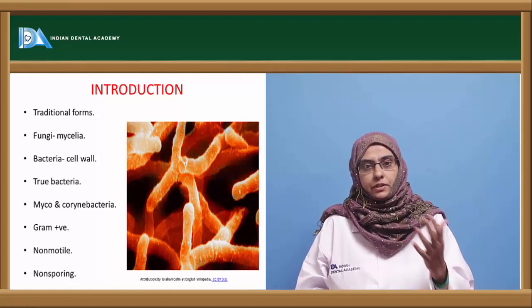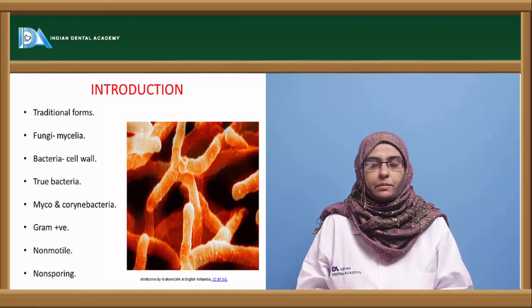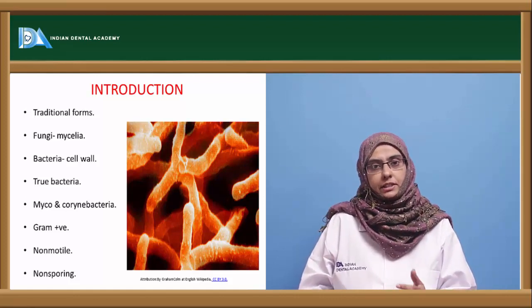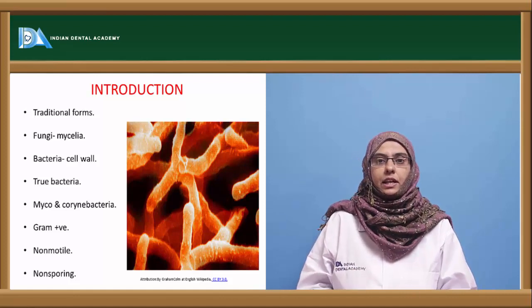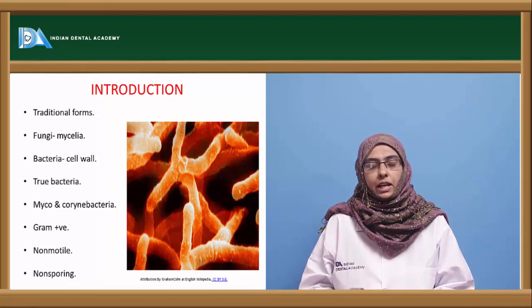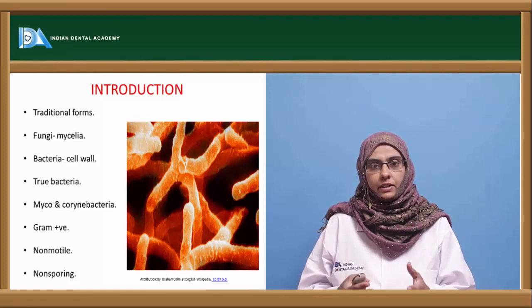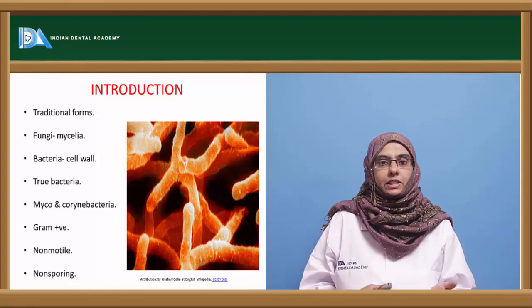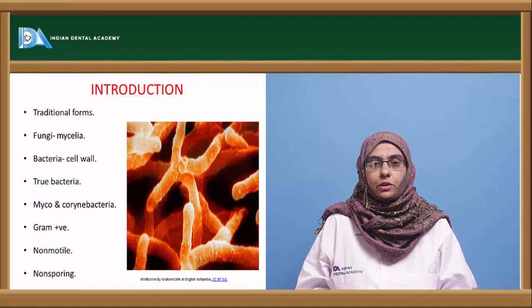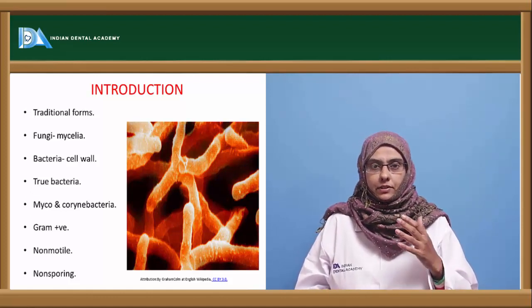The resemblance to the fungus is that they produce mycelia-like, branching filaments. The characteristics of bacteria are that they are thin and show a cell wall having muramic acid and prokaryotic nuclei, and they are sensitive towards antibiotics. Because they have the characteristic features of both the fungus and the bacteria, they are called Actinomycetes, and they are true bacteria resembling fungal cells.